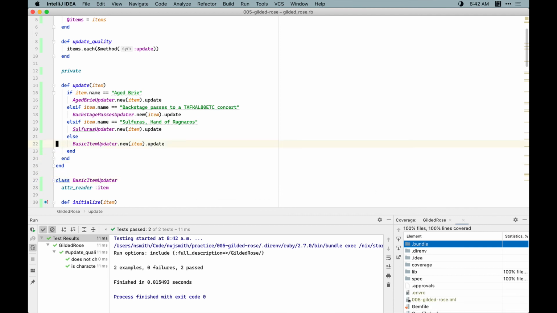And at this point, we could add the conjured item, but I think we can go a little bit further with